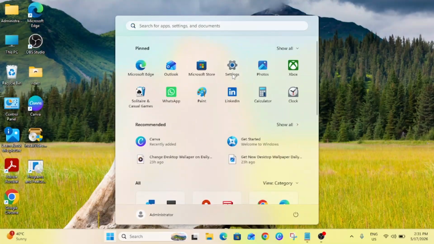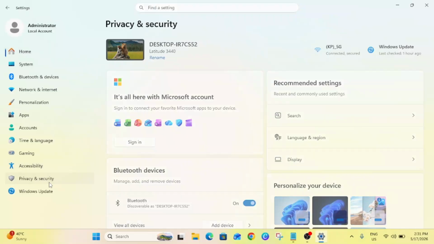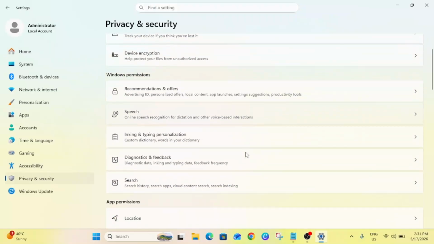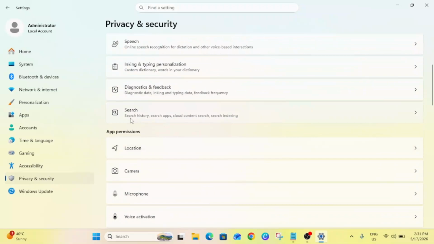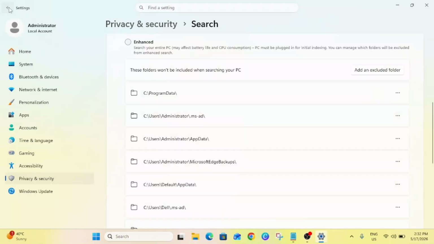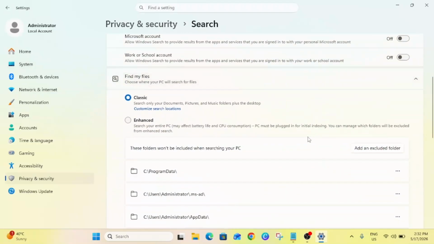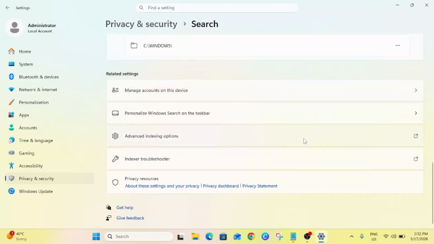Simply open, first of all, system settings and then go to privacy and security and look for the options search history, search apps, cloud content and search indexing. Now just disable all of these. Once we disable this, you can see here we have completely removed these. Just go back once